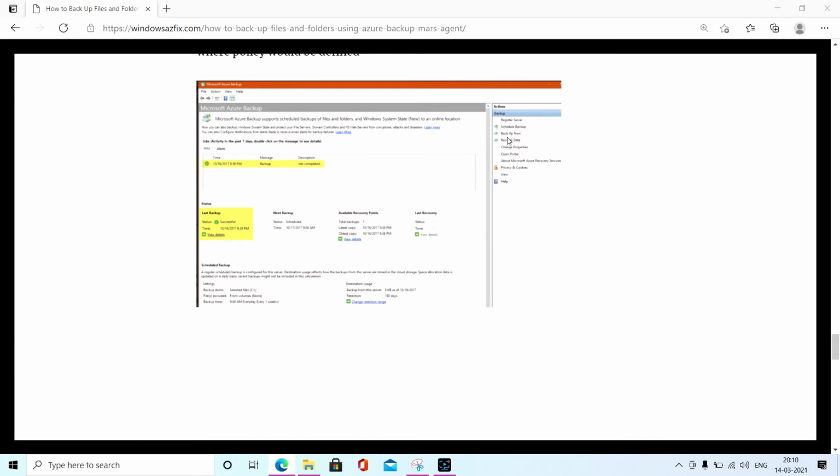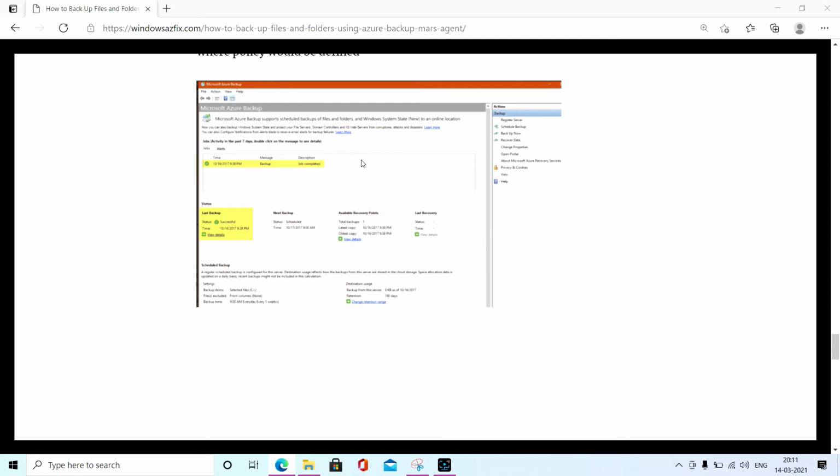And if you want to recover, sometimes a folder is accidentally deleted, and the owner, application team or server owner asks to recover that file. In that case, you have to visit this recover data option and select the date.